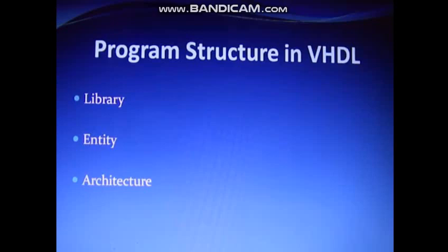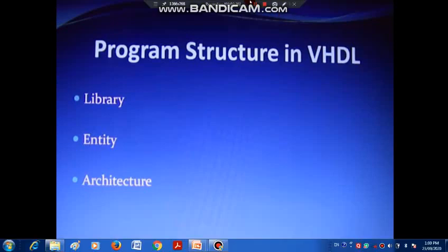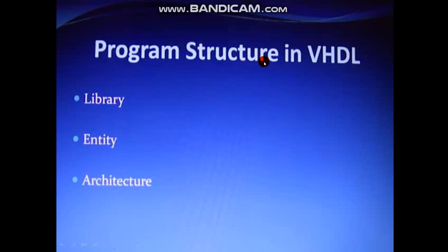If anyone asks you to divide the structure of your address, it is colony, nagar, city, district or state, and nation. We divide that address into these four to five parts. Similarly, whenever you write a VHDL program, there is also a program structure, and there are a total of three parts that we have. First is the library, which is the initial part of the program structure, second is the entity, and third is the architecture.